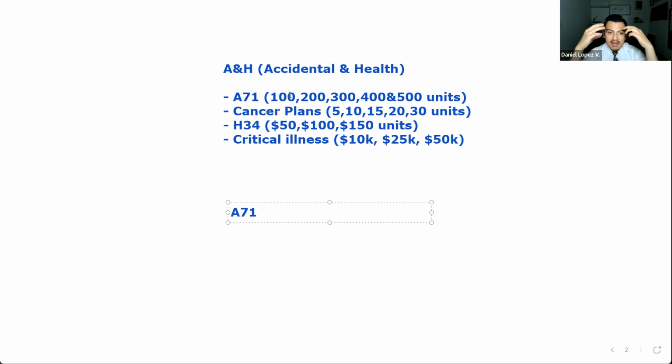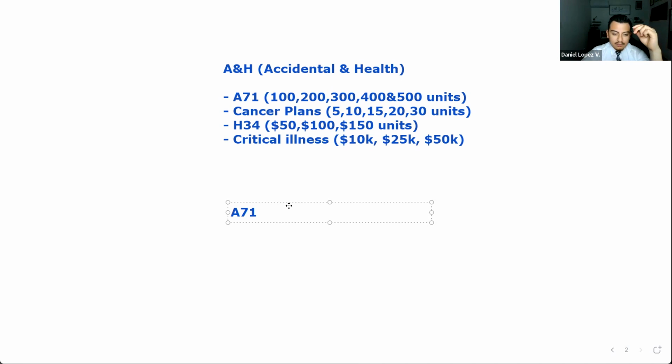For us, an accidental and health plan is like the cherry on top. The main thing is the life insurance. The A&H products are the cherry on top because they are extremely affordable. For the amount of benefits they get, they're extremely affordable. The most expensive thing that's going to cost the most is the life insurance, mainly the whole life. All right.